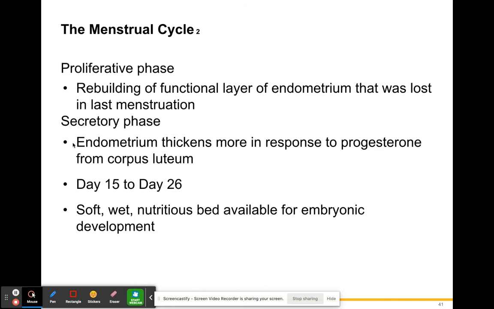During the secretory phase, the endometrium thickens more in response to the different hormones that are present and the fact that an ovum has been released into the fallopian tube. Day 15 to 26 is the secretory phase. The uterus is going to be a soft, wet, nutritious bed for available embryonic development, right? So if that egg becomes fertilized, we want the uterus to have the proper conditions to accept that fertilized egg